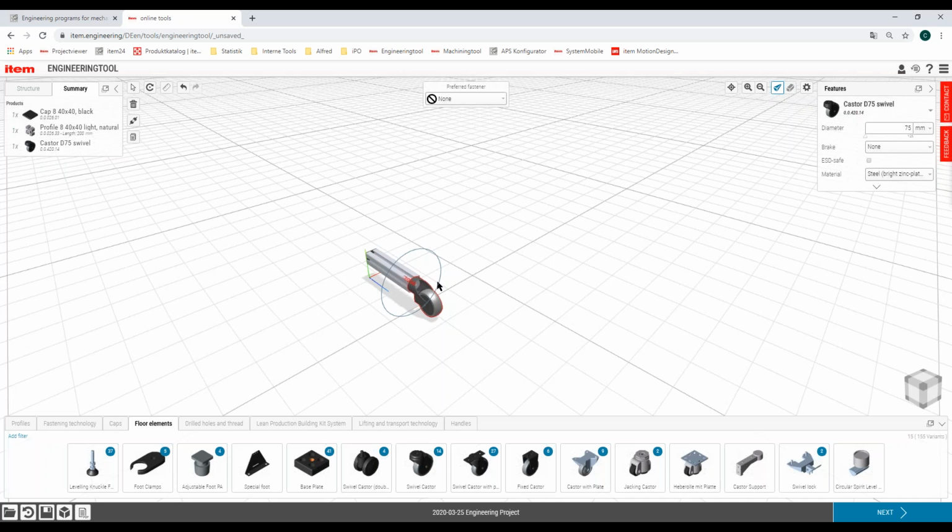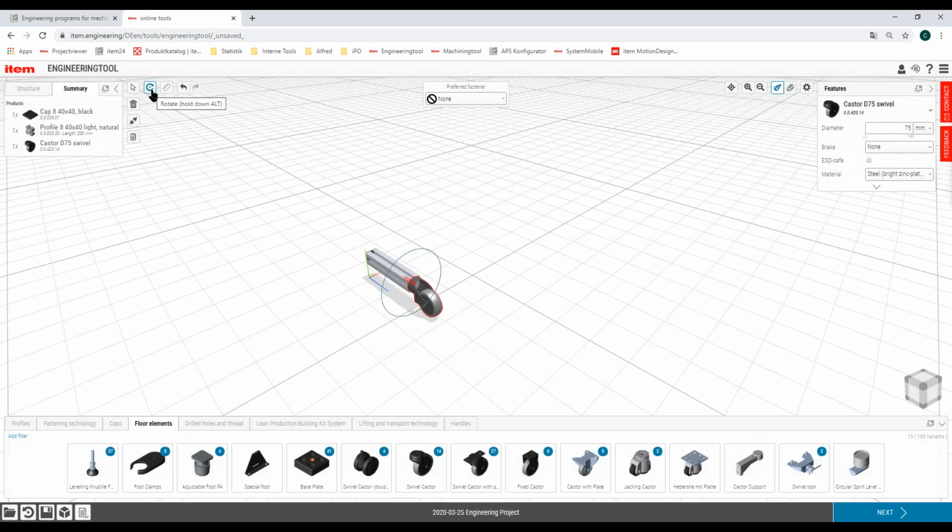And like the fastener before, the swivel caster brings with it the screw which is needed for fastening the caster at our profile, and the screw needs a thread so that it can be fastened. So again, you're saving time and you can focus on your job as an engineer. You can just focus on finding the right products for your project, putting them together, and we are taking care of all of the spare parts, all of the machinings, all of the small things which, to be honest, you don't want to care about.